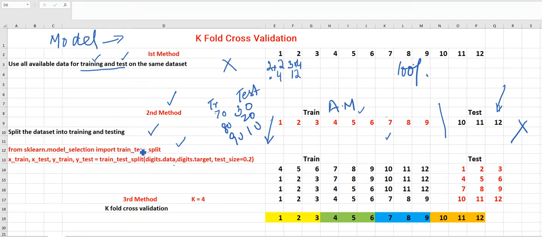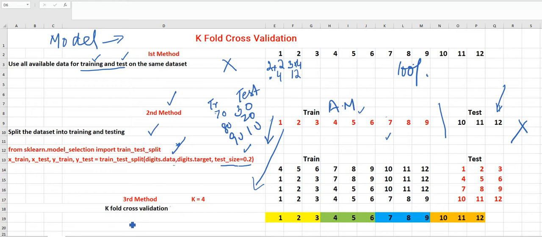What you have to write is: from sklearn.model_selection import train_test_split. If your testing data is 20%, then 80% is used for training, and this is the output we receive by writing these two lines of code, which we have discussed many times in our projects. But again, as I said, this will not give us an accurate result. In order to find an accurate result, we use k-fold cross-validation.